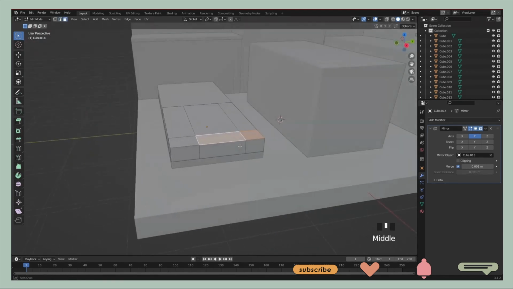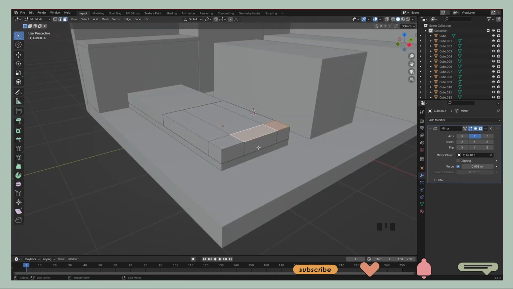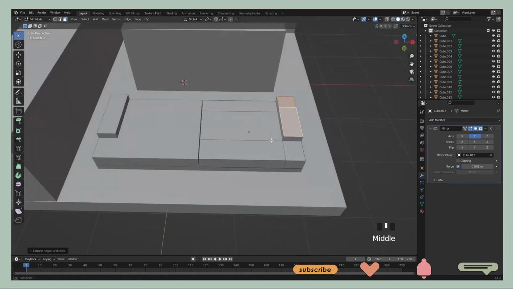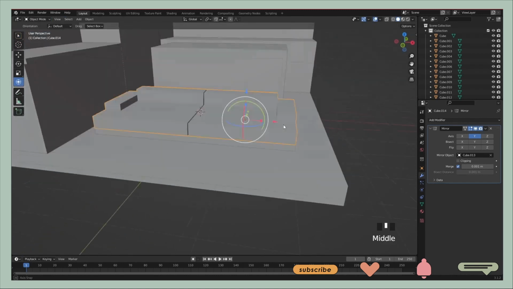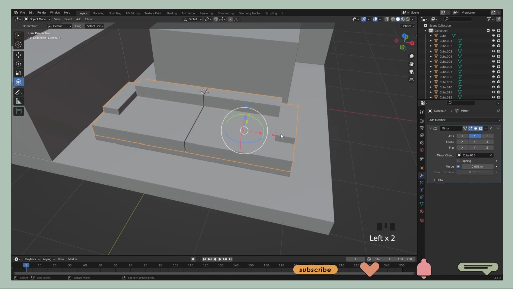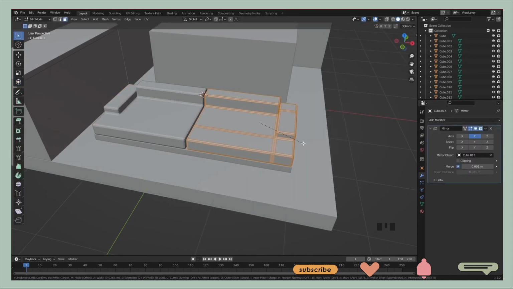Select the pillow, tab in, select these two faces, press E and drag up. Now select the back face, press E and drag up. Tab out. Ctrl+A and apply all transformations, tab in, press A to select all, press Ctrl+B to add a bevel